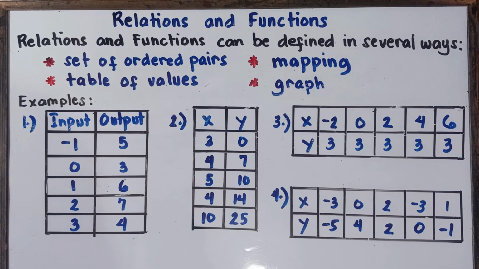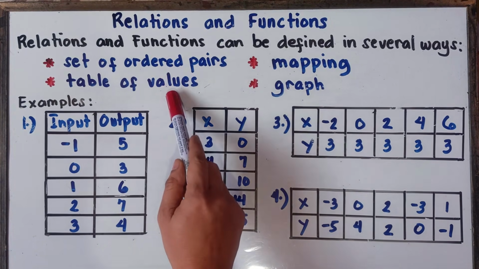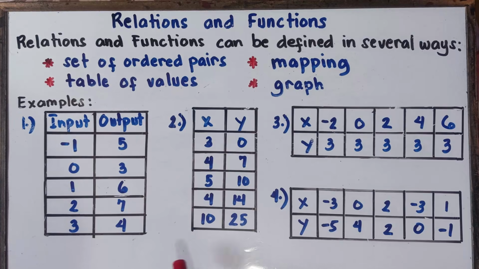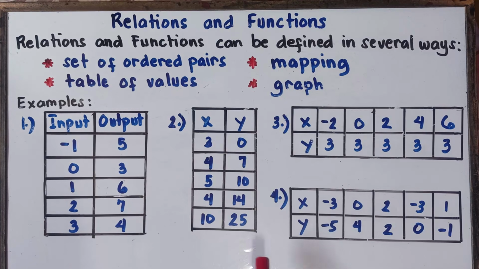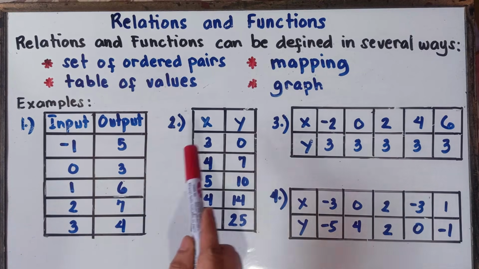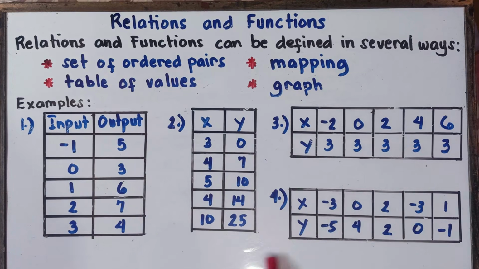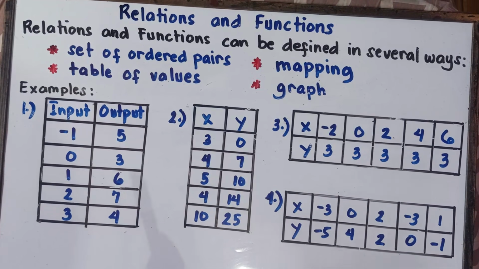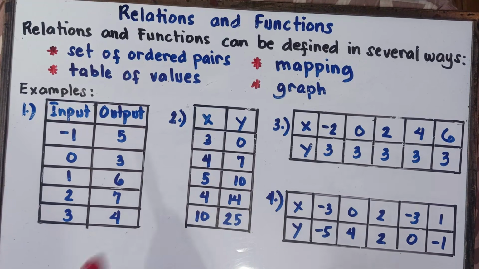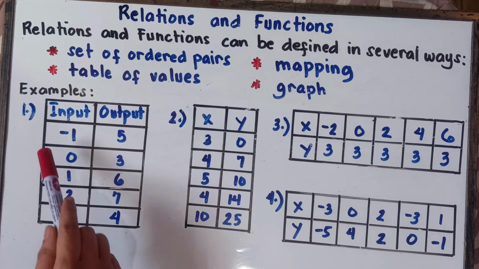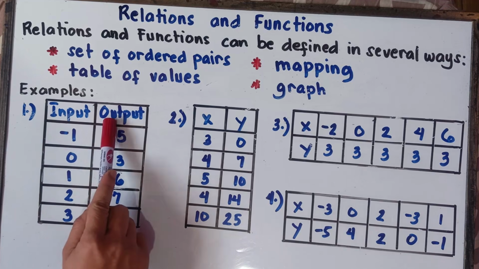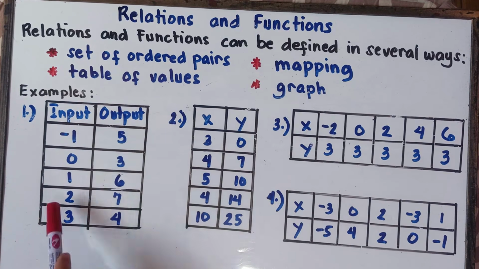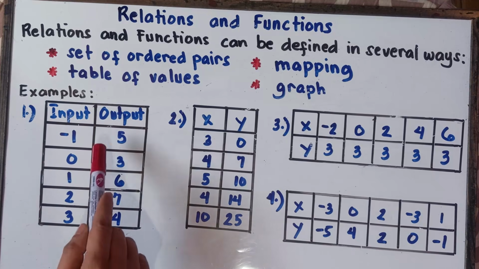So in today's video class, we'll be focusing on the table of values. How will you know if the given relation is a function or not, given this table of values? Once again, class, for number 1, number 2, number 3, number 4, you can call these relations. Now, what is a relation, sir? Once again, a relation is a set of ordered pairs. You have given x values and then given y values. For example, here we have the input and the output. The input will be the x values, and the output will be the y values.